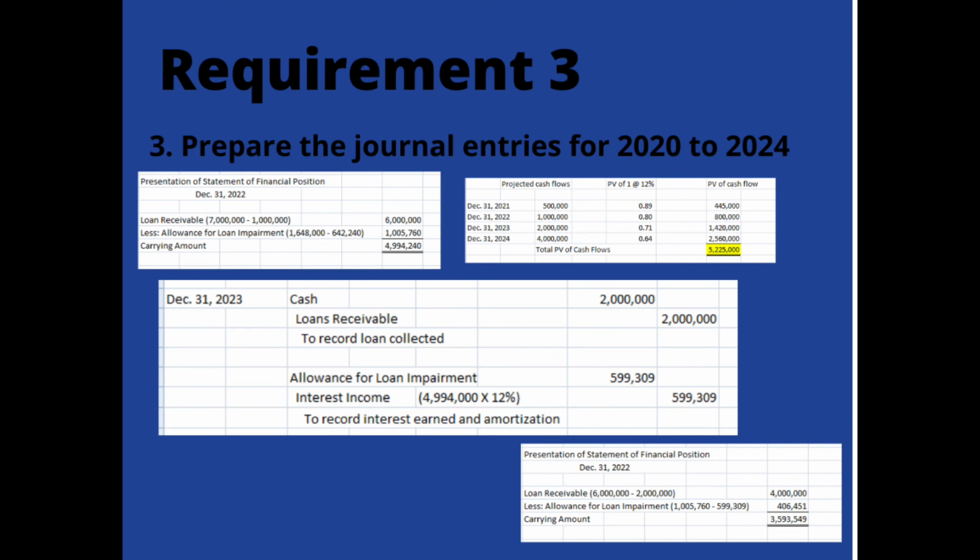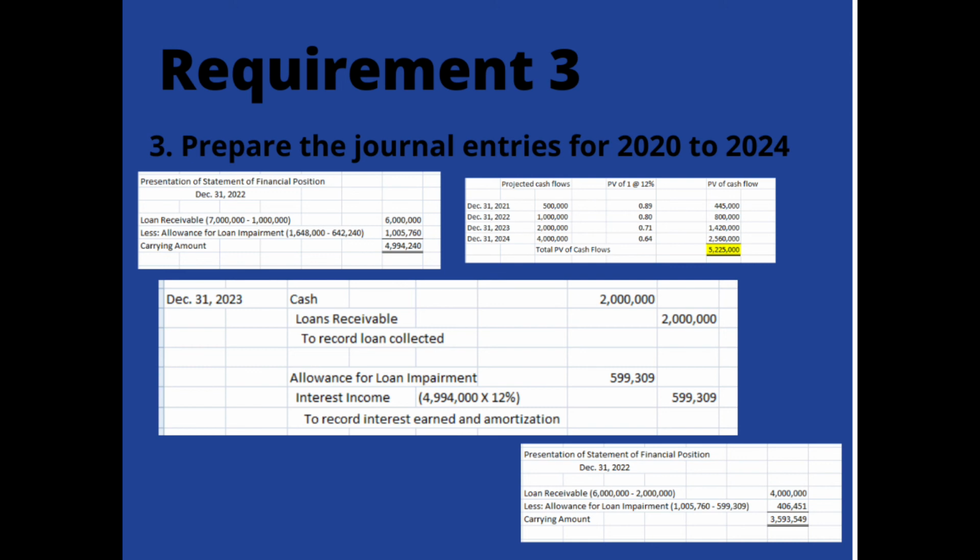For the journal entries for 2023, it is the same process with the same accounting titles, but the amounts are different. Again, it is based on requirement number 1, but the interest income or interest earned and amortization amounts to 599,309, which is based on the carrying amount last year, which is 4,994,000, multiplied by the interest rate, which is 12%,